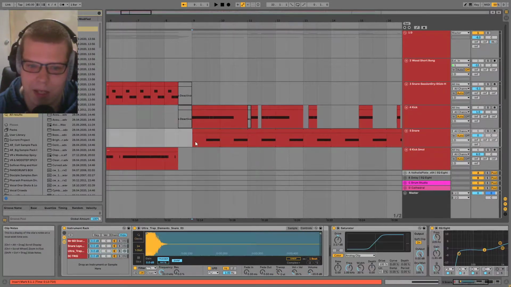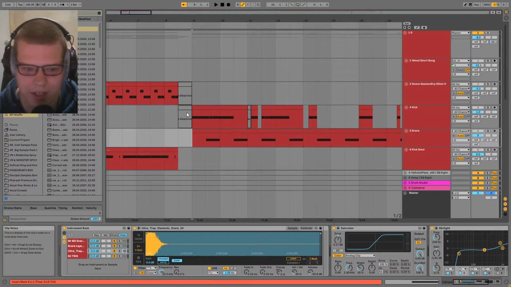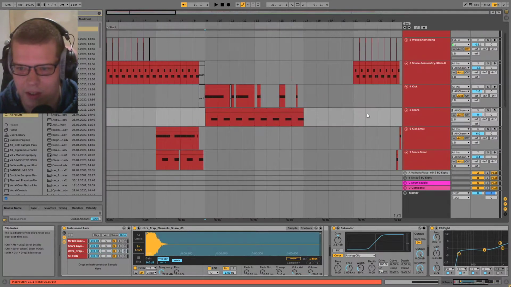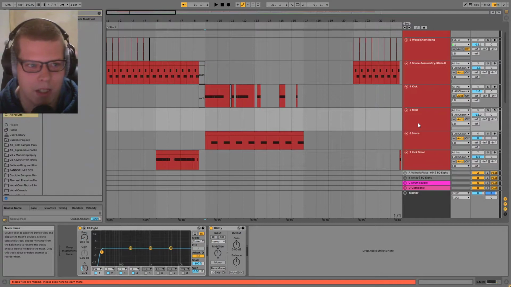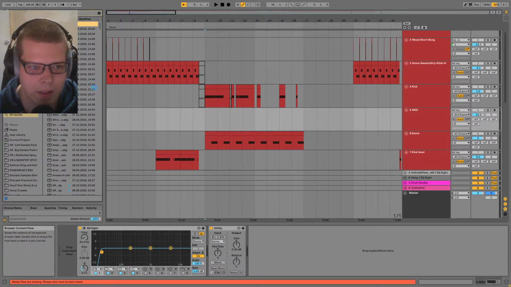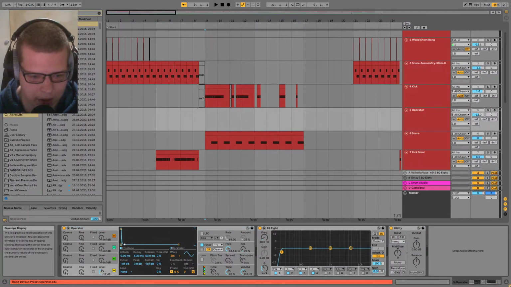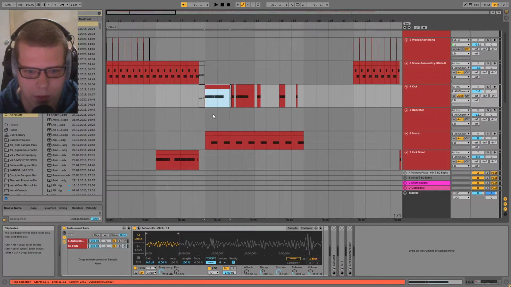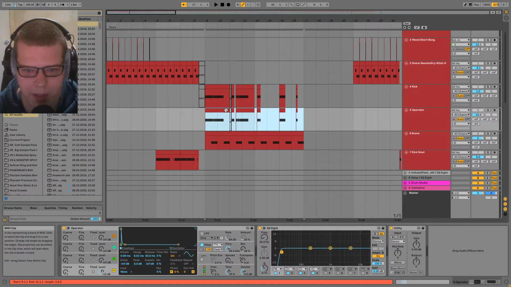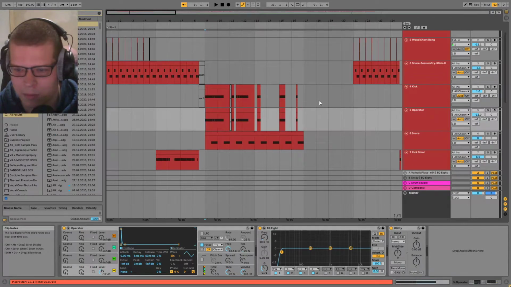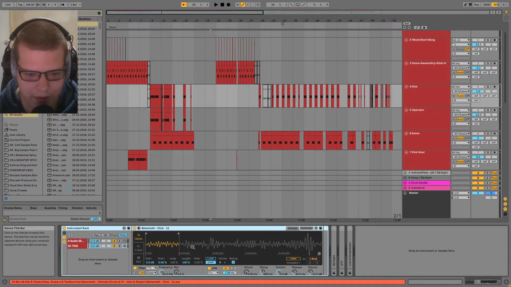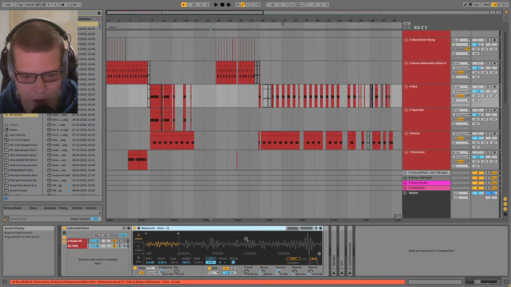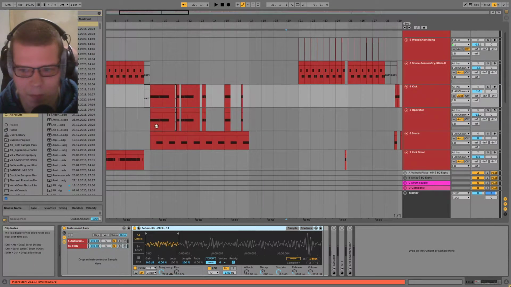And this also means that you don't have to go drawing in your own separate sidechain notes, you know? I'll see a lot of people do this, right? They'll make a new MIDI track, Operator, and then they copy all the MIDI, right? But what's the point of that when you can just do it in here? And if you want, you can use Operator instead of this sample.